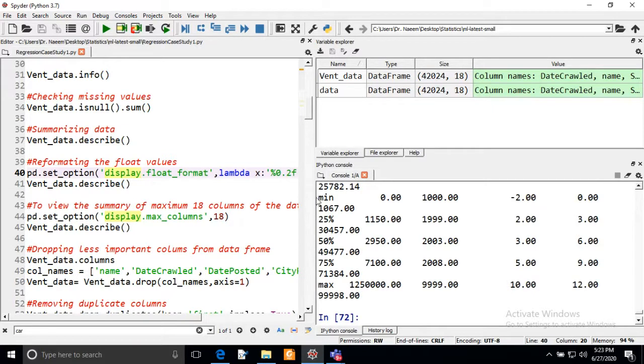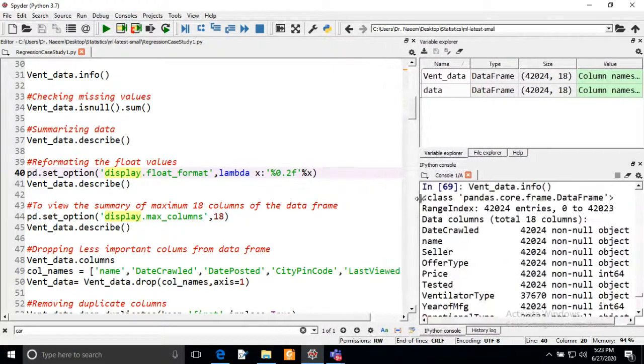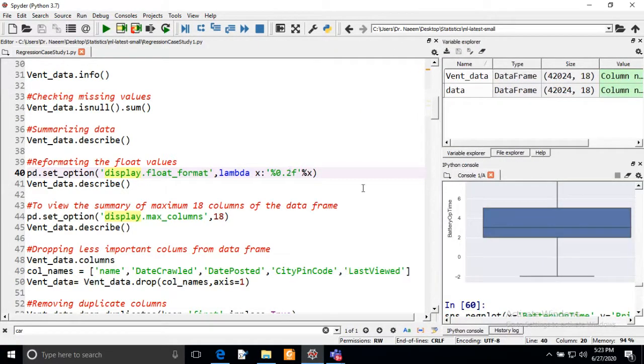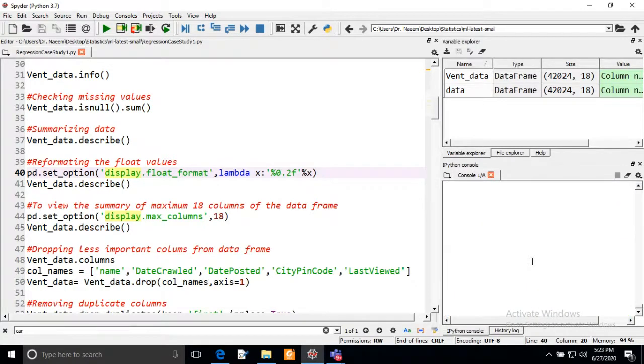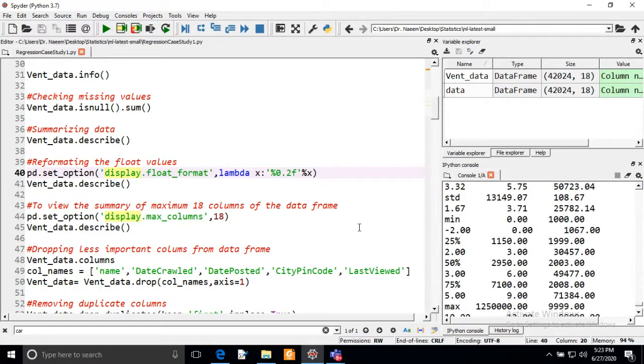So if you close this Spyder and again execute this command, it will not show your output in this format. It will show after the decimal point 8 zeros or 6 zeros. So if you want to reformat the float values, so that throughout the program it will show your output up to 2 decimal places, you can use the